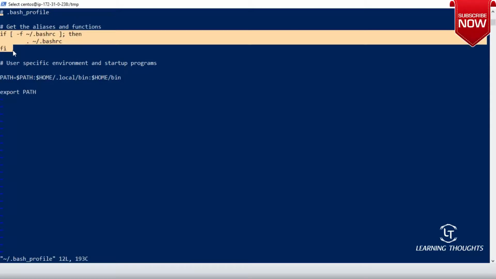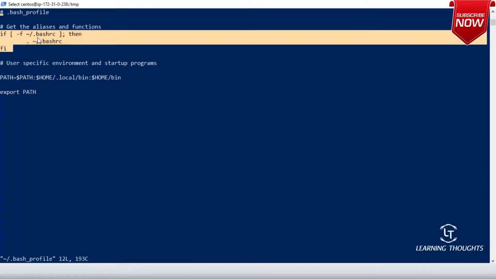Once you scroll down, the section you see over here, we'll speak about this, but these kinds of commands are called compound commands. For now, what it is trying to tell is that if there is a file called .bashrc that exists, then read the .bashrc file. Am I clear on that? When we learn shell scripting, then we will understand what that is. Did you understand whatever I'm trying to tell over here? Yes or no?